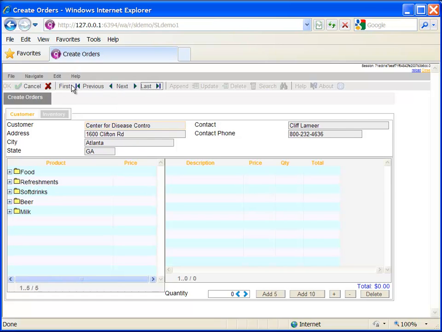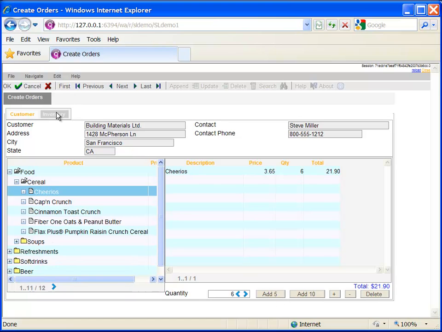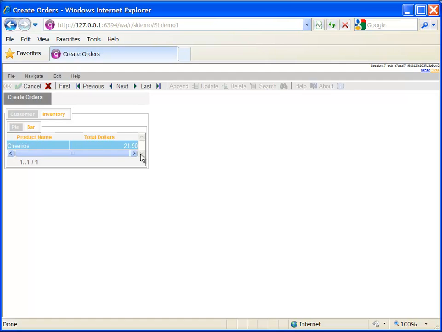I can go to my first or last. I still have a tree view that I can expand. I can still drag and drop and add items across. I can still add values to the items. And if I go to the inventory tab, we can see that it's producing tables. And yet these tables, again, still don't display as charts because that's something we're going to add and customize within